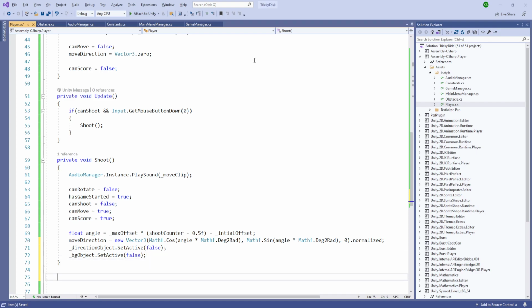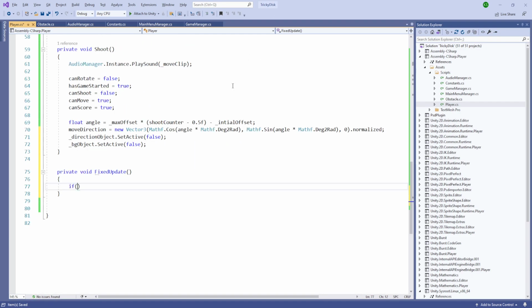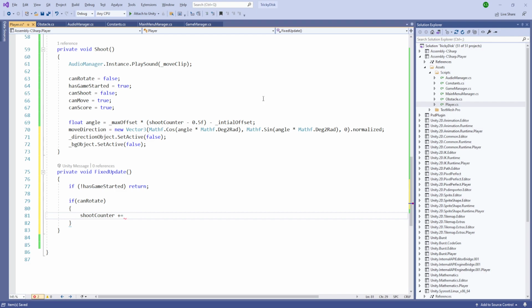And now inside our FixedUpdate, the first thing we are going to check is if our game has started. If the game has not started, then we'll return. Else we'll check if we can rotate. So if we can rotate, we'll increase the shoot counter by Time.fixedDeltaTime multiplied by shoot counter speed,